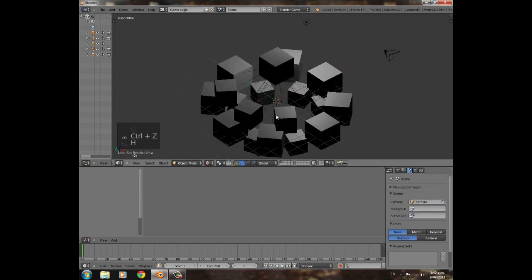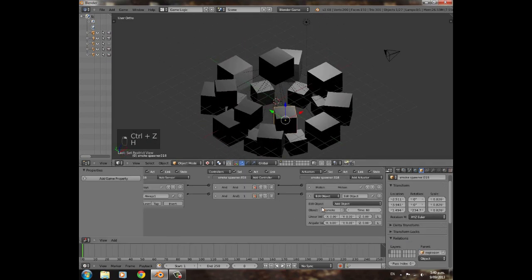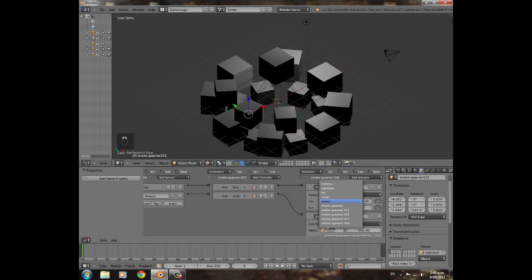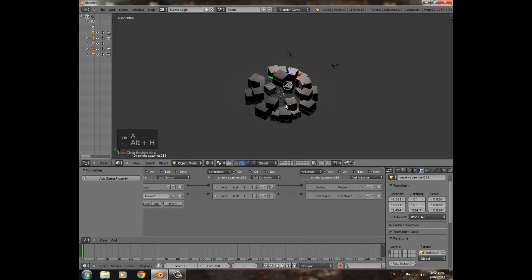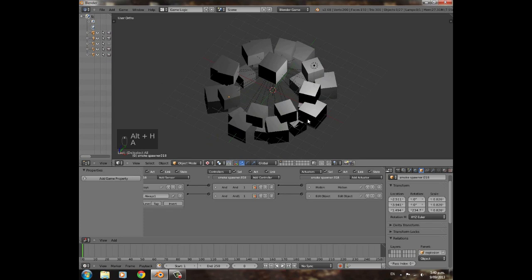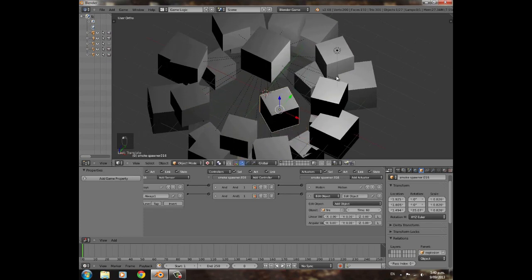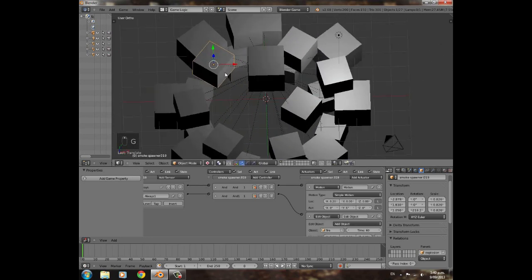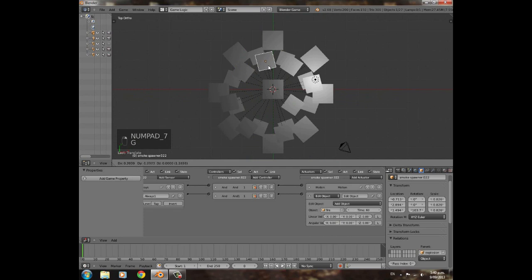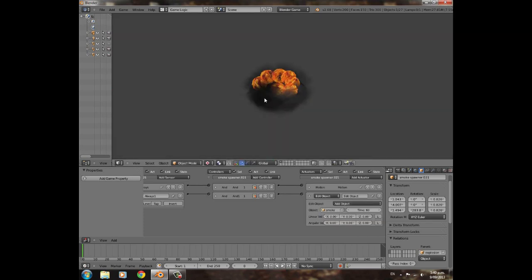And just select the last few. There we go. Then press Alt H to unhide them. And then I might also want to give it a bit of a random effect. Might want to press 7 and bring the fire ones inwards. Maybe leave a few out, like that. And then when we press P, we have